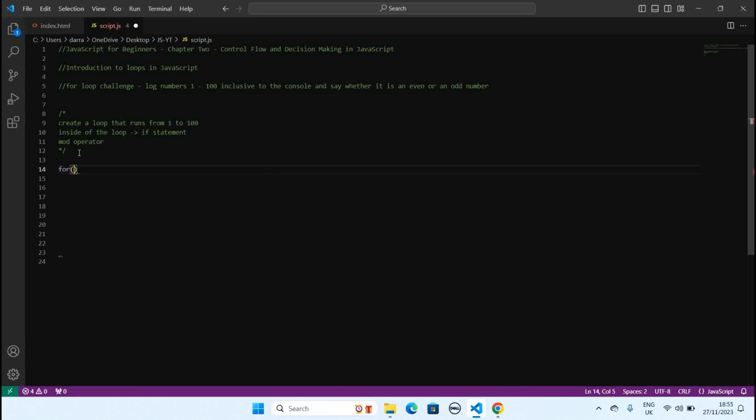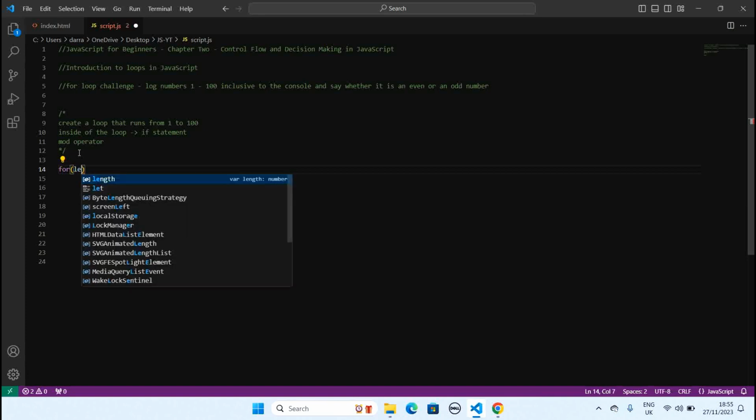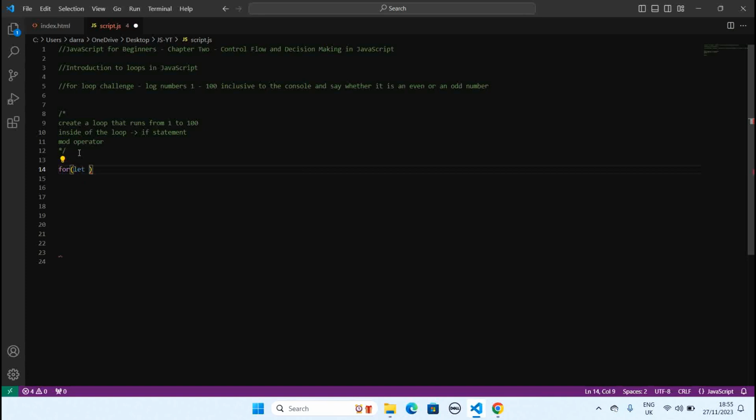So we're going to say for, and what we want to do is run from 1 to 100. First of all, we have to initialize our counter variable. We could say let counter equal 1, but we'll just use i. i will denote our counter variable. So we're going to say let i equal to 0. Let's increase that to 1, my apologies. Then we're going to run the loop while some condition is true,